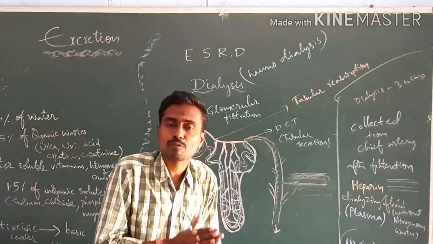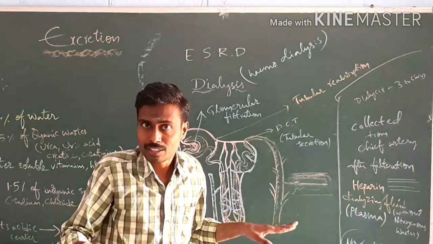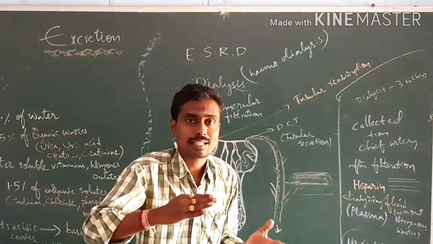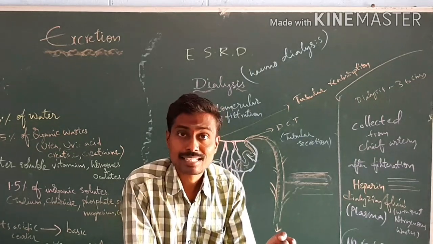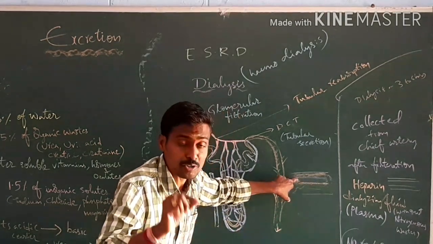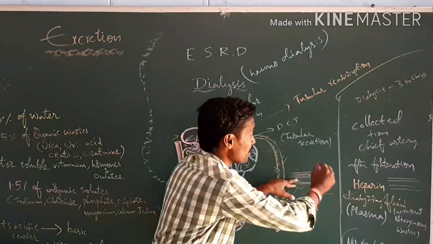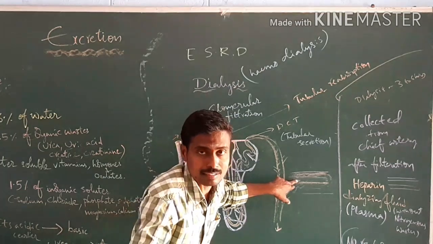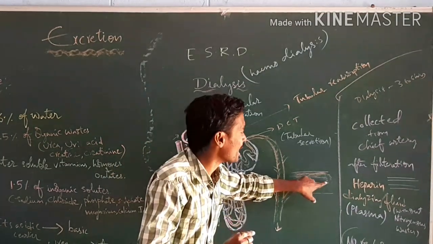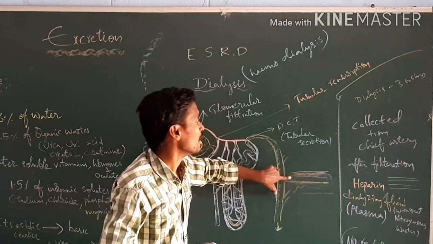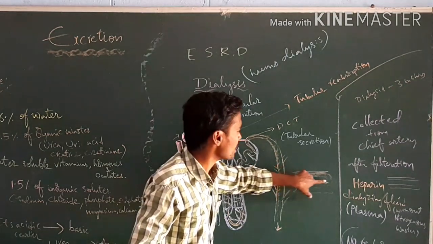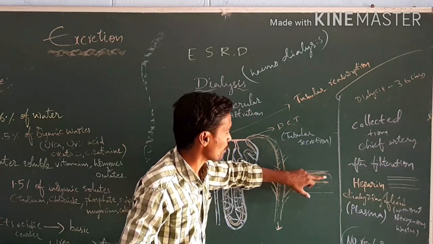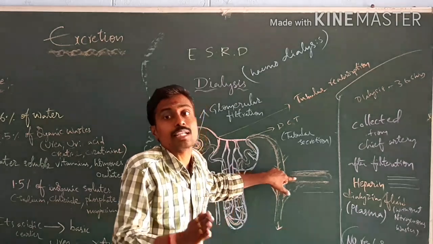Actually, whenever blood is flowing in our body, it is not clotted. Do you know the reason behind it? Heparin. It regulates the clotting of blood inside the blood vessels. In the same manner, whenever we collect the blood from the chief artery of the patient, we need to add an anticoagulant, that is heparin, to the blood which is flowing in the cellophane tube. As it flows inside the cellophane tube, the waste materials present inside are filtered into the dialyzing fluid.